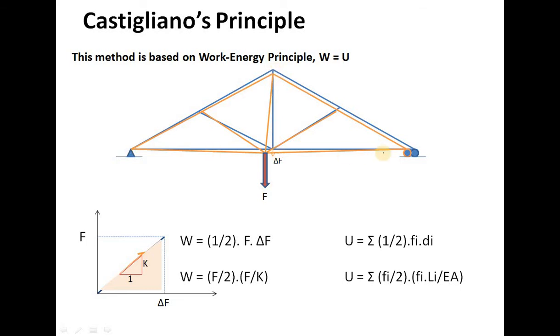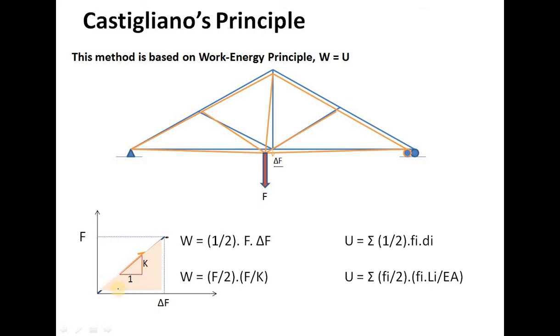Now we'll once again take the same truss example which I had already taken, which is subjected to an external force F, and because of that it will undergo some deformation, and that deformation where I have applied the force F is say delta F. And when I try to plot the force and deformation curve, it will be something like this, because I am applying a gradual force, so the line will be a linear one till it reaches an equilibrium point.